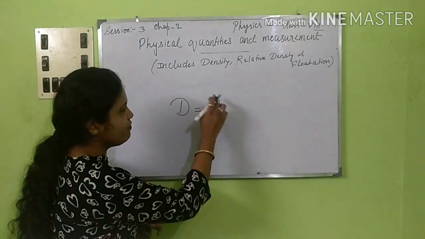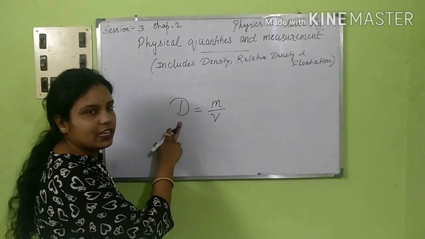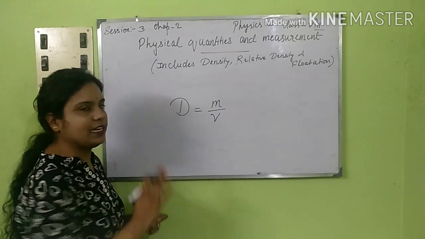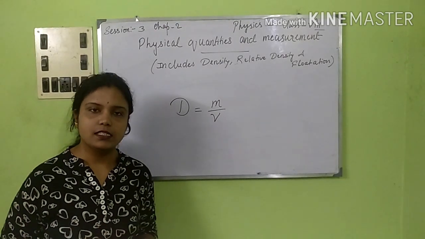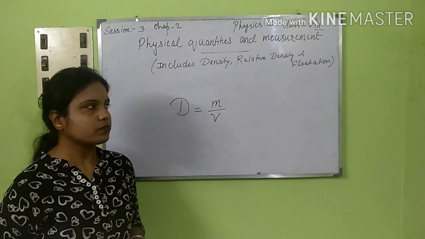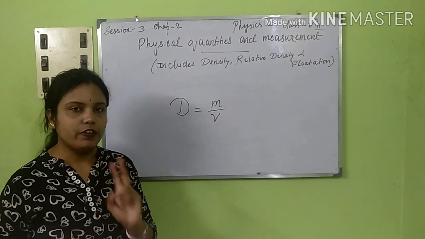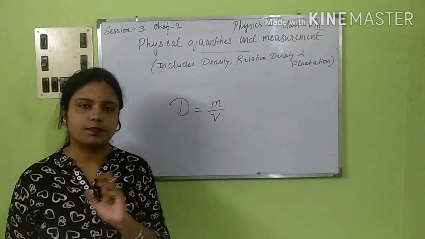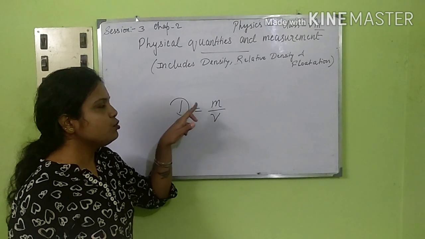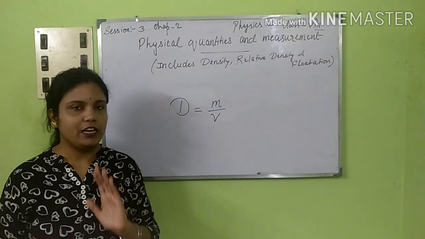Where if we know the values of mass and volume, we will be able to calculate or find out density. Now the next thing that I want to discuss before I go on to the units is, suppose we have two cases. First one is, suppose we are taking two substances. In the first case we are taking two substances of equal masses, but the volumes are different.